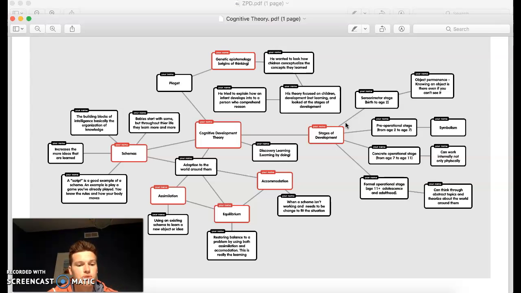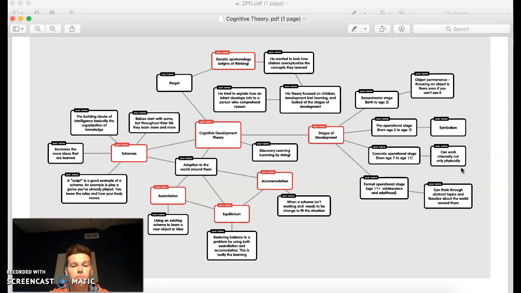You're able to conceptualize certain ideas in your head and put meaning behind them that may not be true. So that could be like naming something based off a nickname that may not be its actual name. And so from age 2 to age 7, you're able to do those things. And then the concrete operational stage, which is age 7 to age 11, you can work internally, and not only